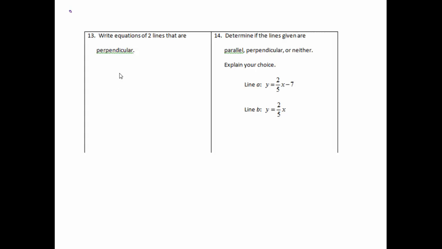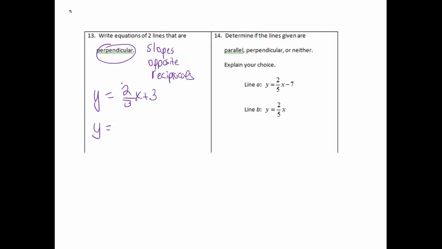Problem 13, write equations of two lines that are perpendicular. We know that perpendicular lines have slopes that are opposite reciprocals. So your line should not look the same as mine, but you can use the same idea. If my first line is y equals 2/3 x plus 3, then my second line needs to be opposite reciprocal. So the opposite of 2/3 would be negative, and then the reciprocal would be the flip. Instead of 2/3, it's going to be 3/2 x, and then I can put whatever I want, plus 5, minus 10,